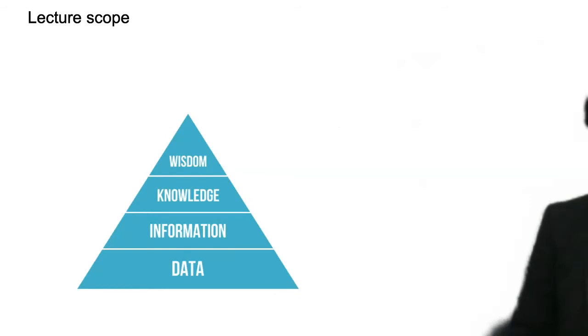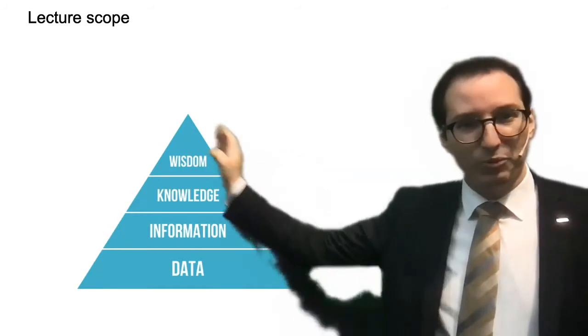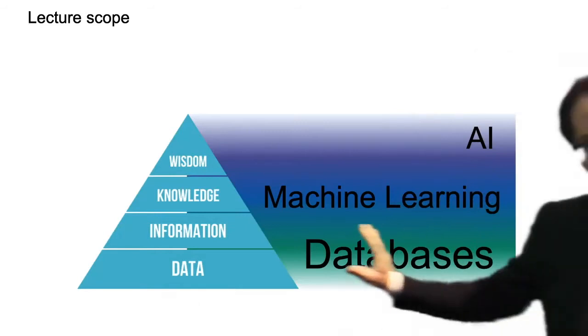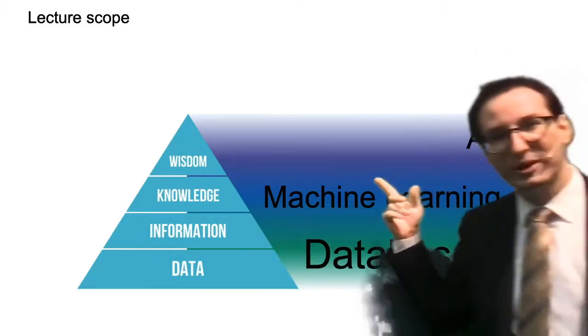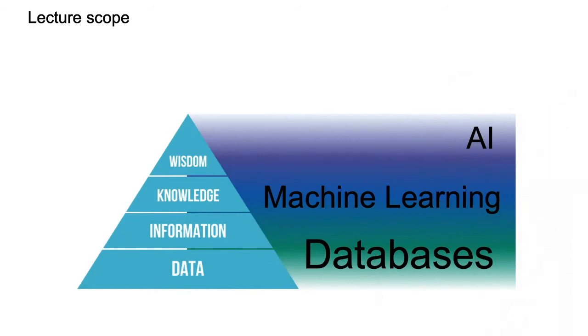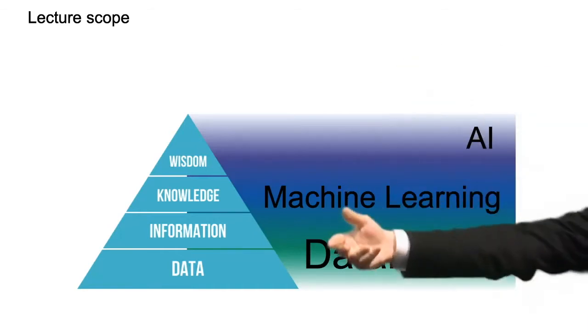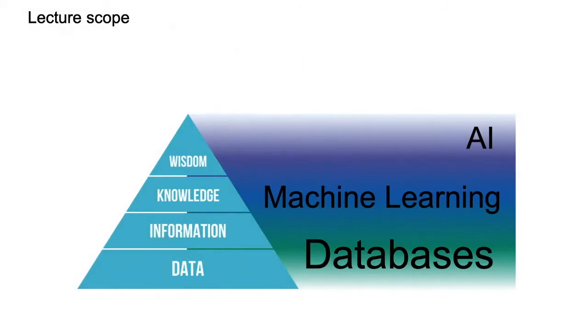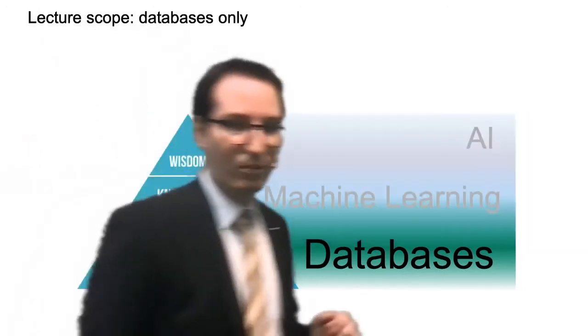In this lecture, we'll focus on databases and specifically relational databases. So you probably heard of that pyramid, right? You have data, you turn it into information, into knowledge, into wisdom. We'll focus on databases. Right here, we are not going to do machine learning or artificial intelligence, even though relational databases enable you to then go into machine learning and artificial intelligence. Why? Because the inputs to many machine learning algorithms are actually relational tables, where the features are in columns and the labels in columns as well. So this is why relational databases also are useful to understand for machine learning.